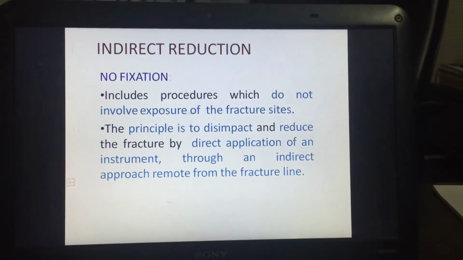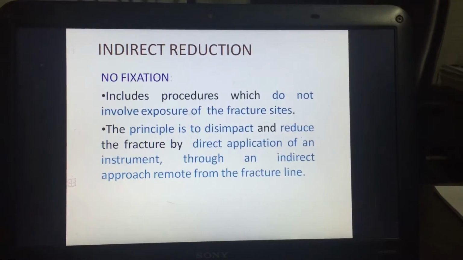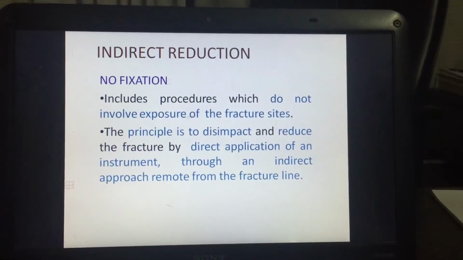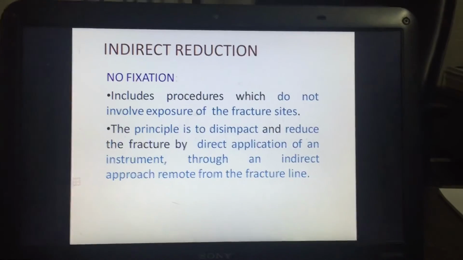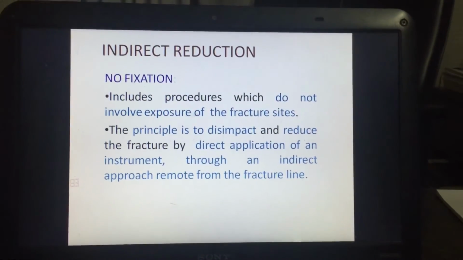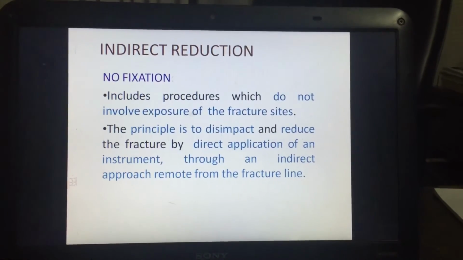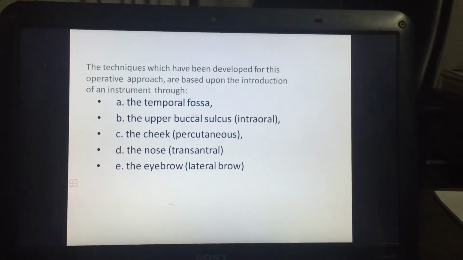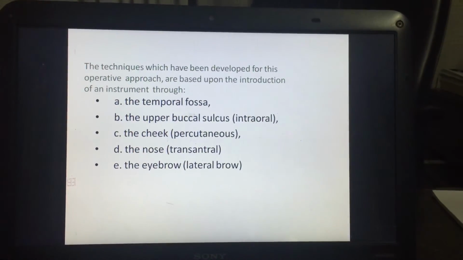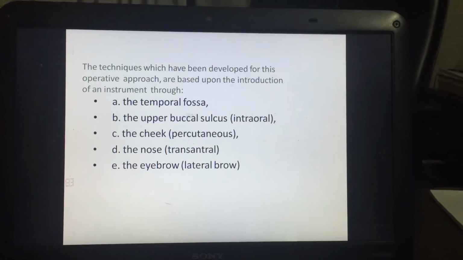It includes procedures which do not involve exposure of the fracture sites. Here the fracture sites are not exposed. The principle is to disimpact and reduce the fracture by direct application of an instrument through an indirect approach removed from the fracture line. The techniques which have been developed for this operative approach are based on introduction of an